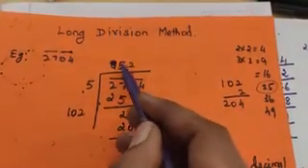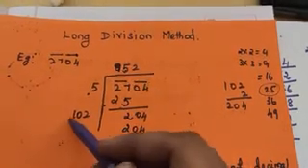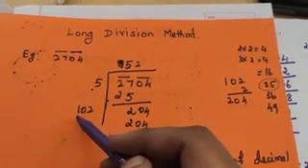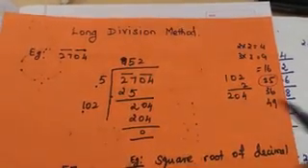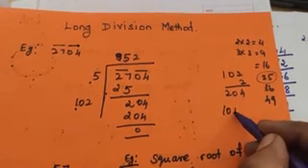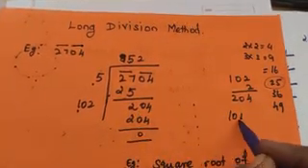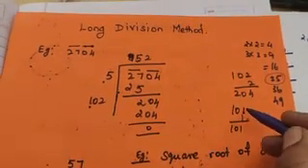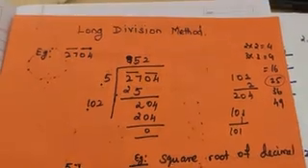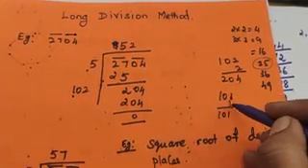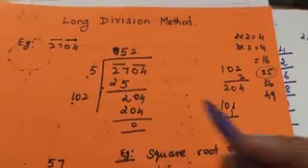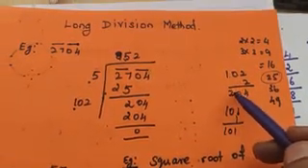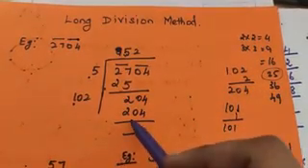Now whatever the quotient, you make it double, means multiply it by 2. So 5 into 2 is 10. With this 10 you have to take the next number. If you take 10 with that 1, it is 101. 101 multiplied by 1 is 101 only. We have to take the same number with this numerator, and whenever you are multiplying, the same number you have to take. And if you take 102, 2 2s are 4, and 0, 1 2s are 2, 204 we got.